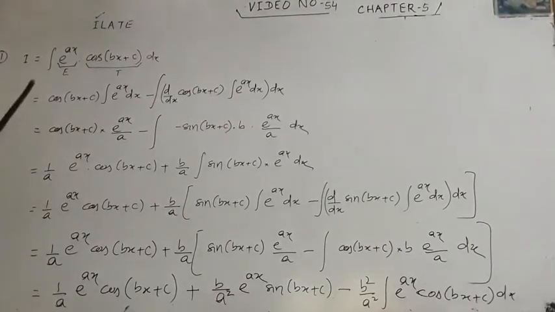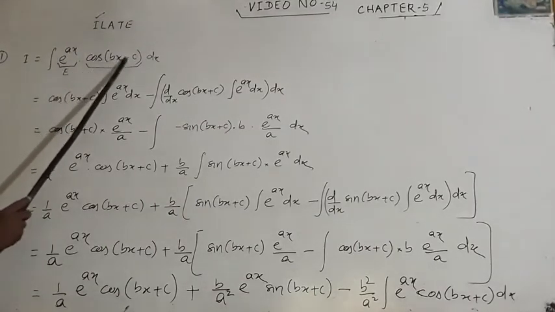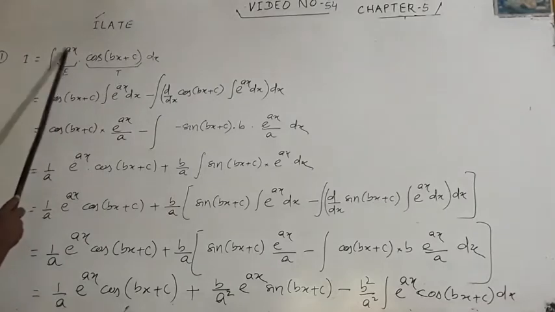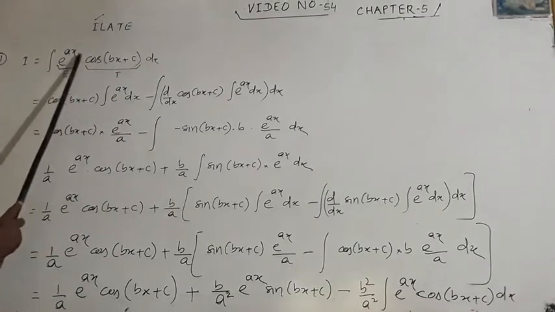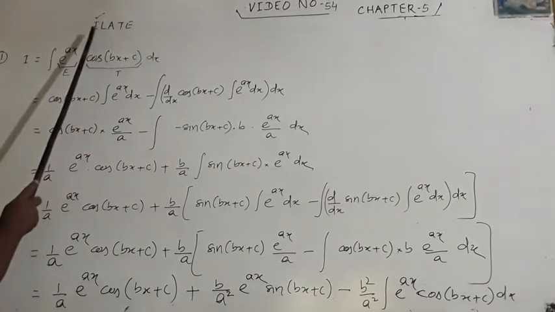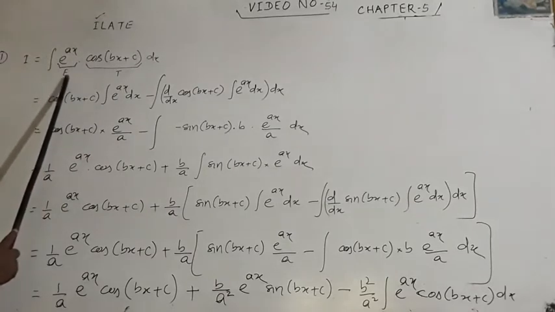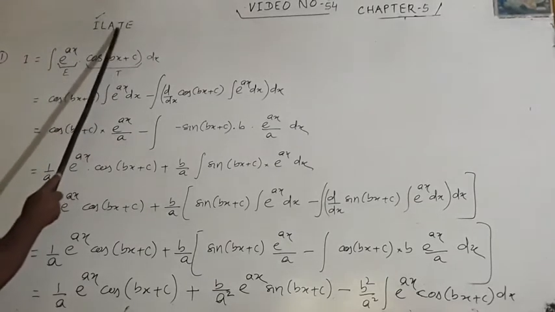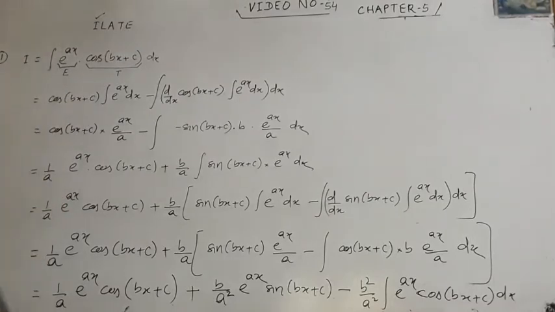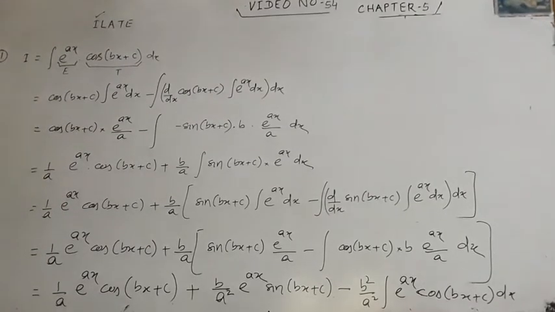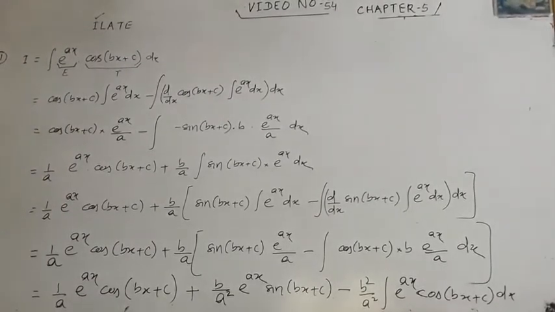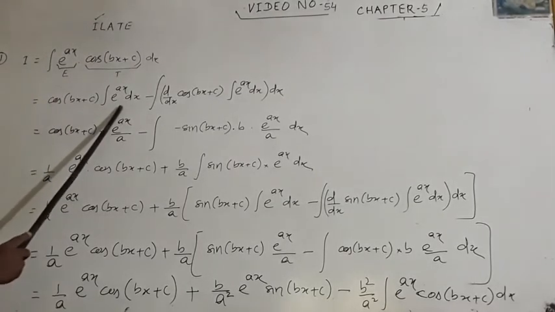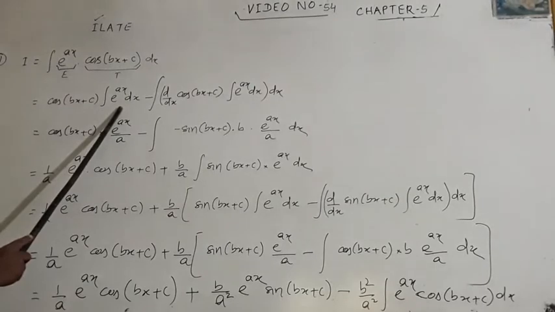Now, e to the power ax cos(bx plus c). Here a, b, c are three constants. The only variable is x, so dx. So I say this is an exponential function, and this is trigonometry. Now they are making friends with each other. But for integration by parts, we will take the first question. Naturally, trigonometry first, integration second, means e to the power ax dx.